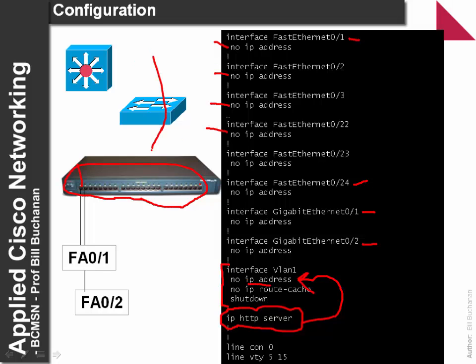It is this IP address we use to remotely access through Telnet or through the web. Telnet access is with the VTY and a console port is through Con0. We can see here that all the ports have been enabled, and they are typically enabled by default. VLAN 1 though, you can see, is in the shutdown condition.